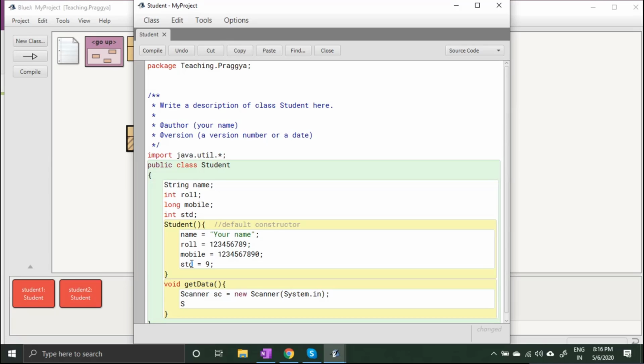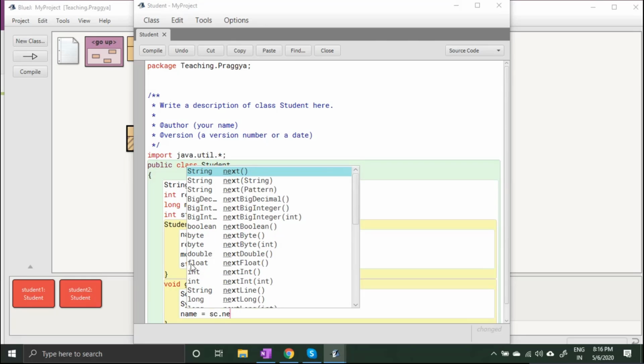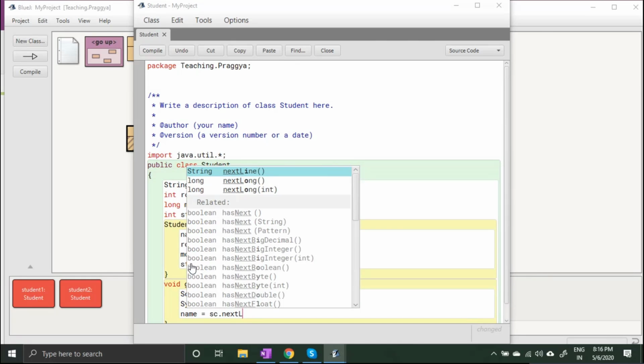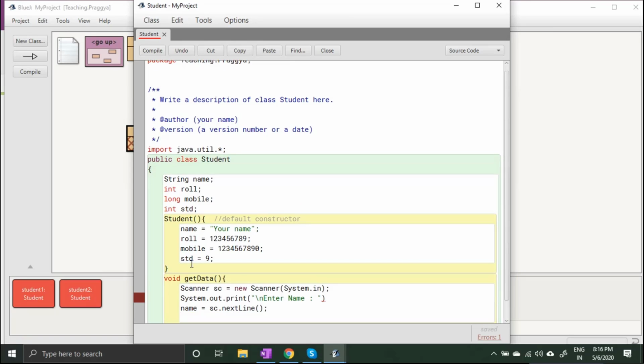So now you are writing System.out.print. Here you have written \n. Here you have written name equal to sc.nextLine, right? To take input in a string, you have to use nextLine, right? To input the name.